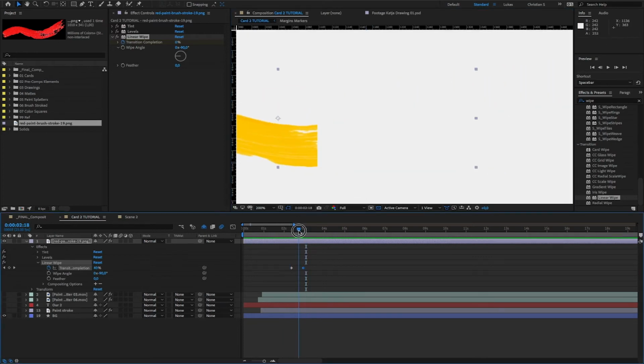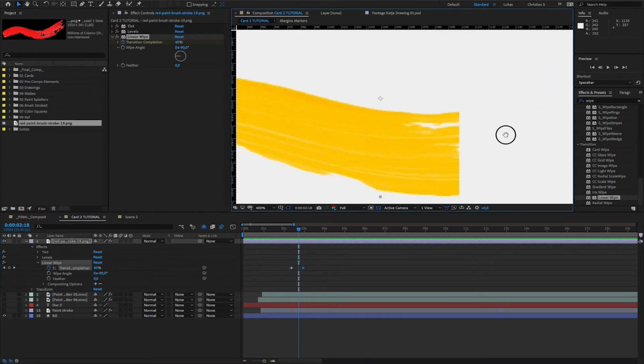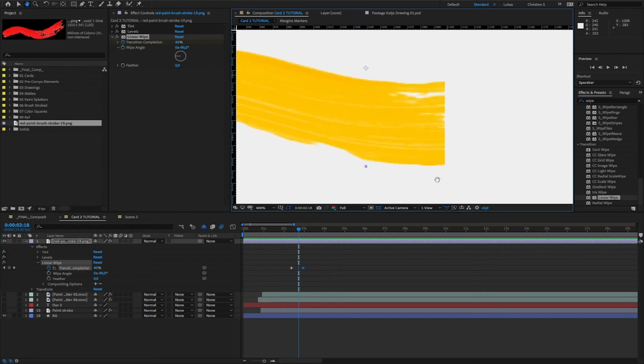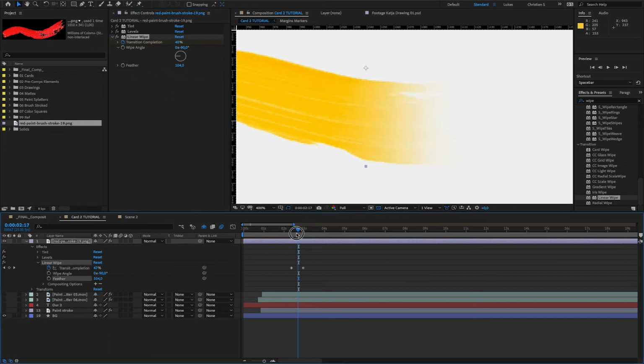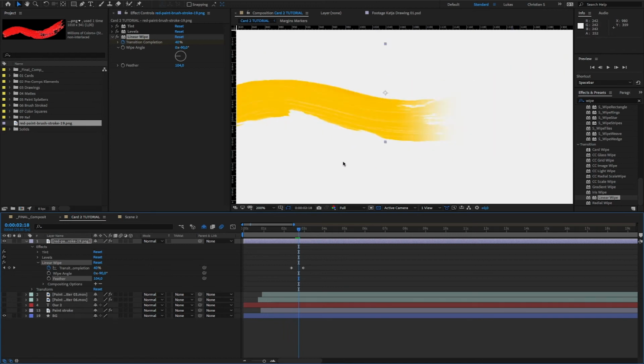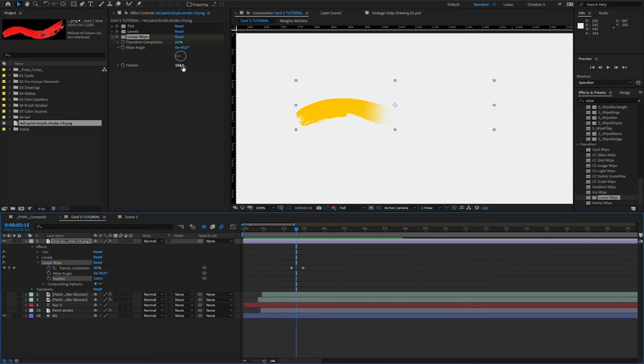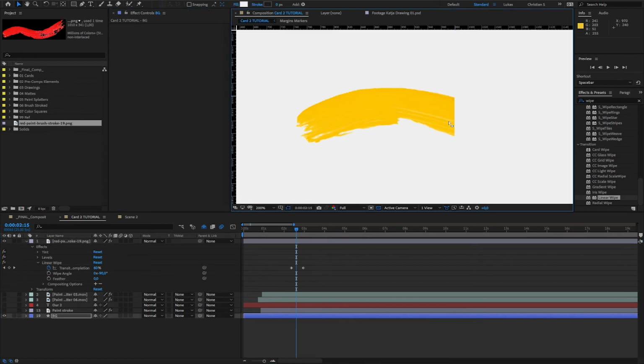But it's not beautiful. We have the hard line as we've seen before. Nothing changed yet. We could use some feathering here on our linear wipe because we have this feather parameter, but still, a real stroke wouldn't be like this. So to get that nice paint detail as we've seen in the example, we need another effect, and this effect